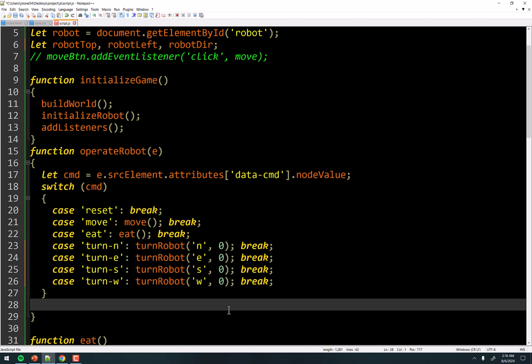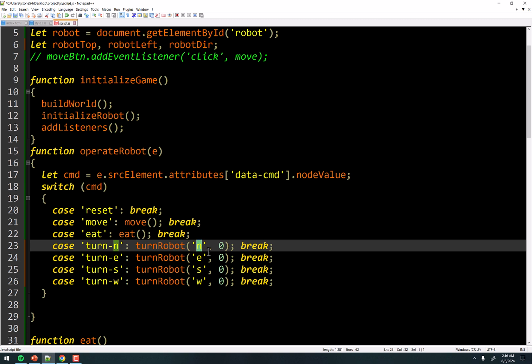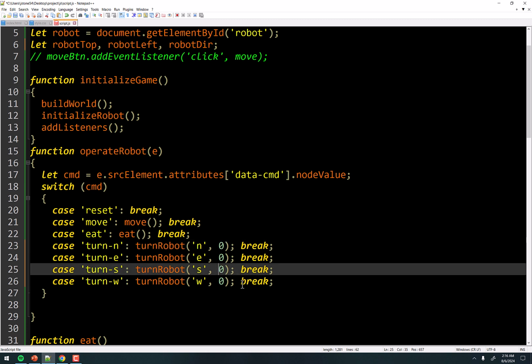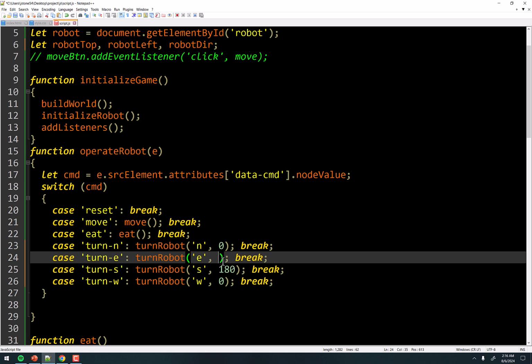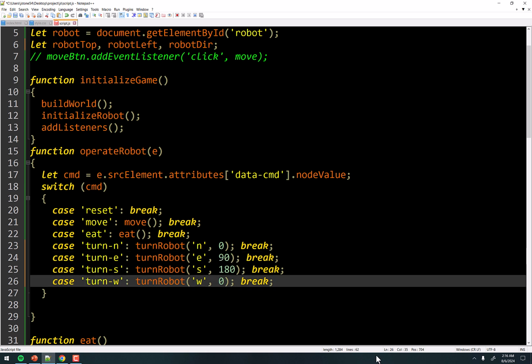So if I told the robot to turn south, well, then I need to store that it's now facing south, right? And so if I told it to turn north, I have to store that it's facing north. Well, north is 0 degrees. That's easy. South is 180 degrees. Go study your geometry, folks. All right. And then east is 90 degrees. And west is -90 or it's 270. Either way you want to look at it, they're both the same. Okay. And that's all we need.